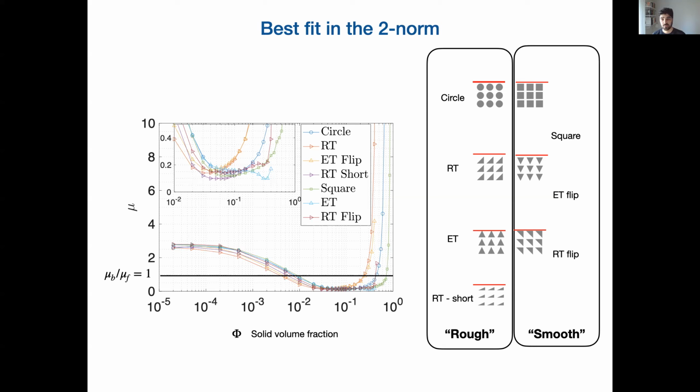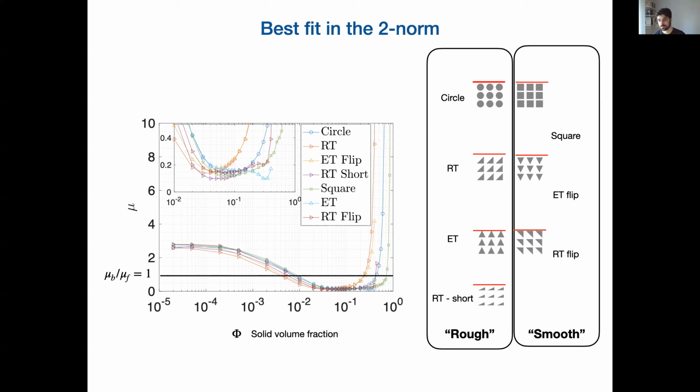In any case, we have investigated these 7 different types of geometries, as sketched here to the right: circles, squares, and rectangles of different shapes. And we can categorize these geometries into 2 types. We can consider 4 of them as being rough and 3 of them as being smooth. The rough ones are basically, if you can imagine, that there exist stagnation points for the top layer of these porous materials, and there's a roughness effect induced by the top layer of these porous materials,